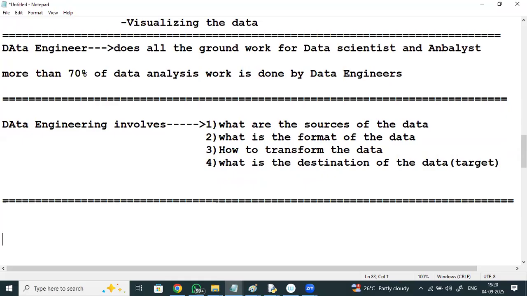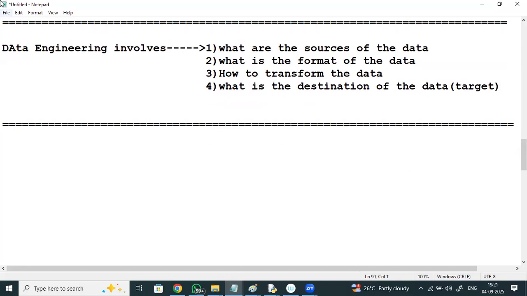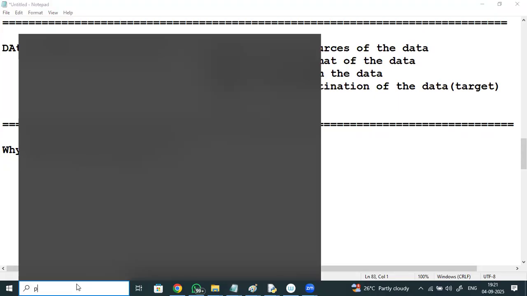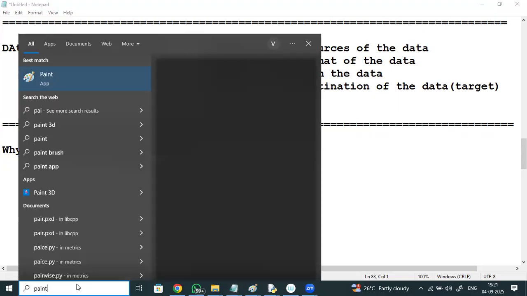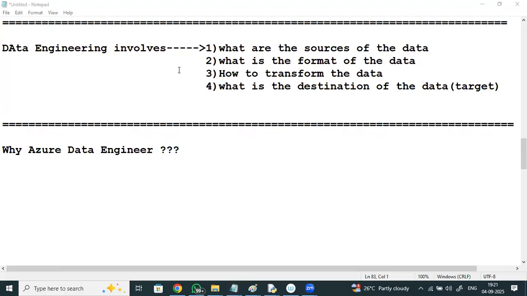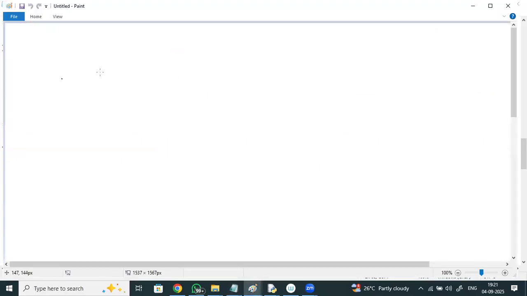Now, that is the difference between a data scientist, data engineer, and data analyst. Now, why is the Azure data engineer in demand today? Why is an Azure data engineer required? For example, check this. If you take any organization,